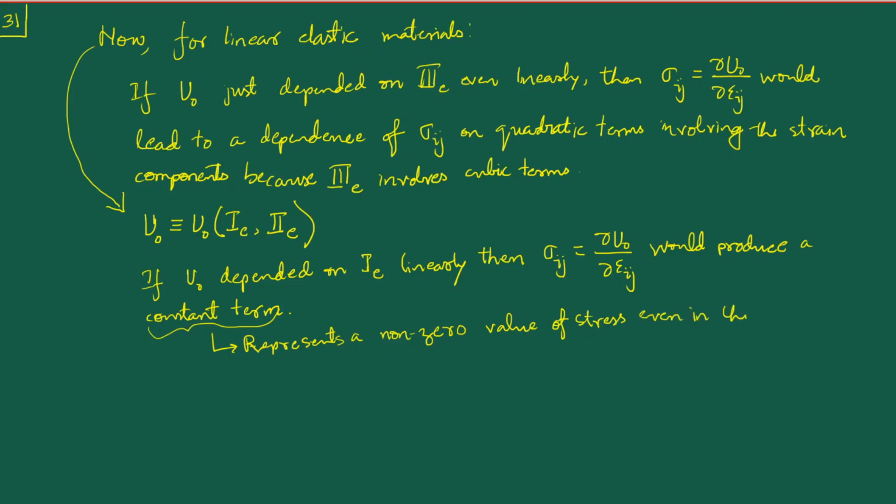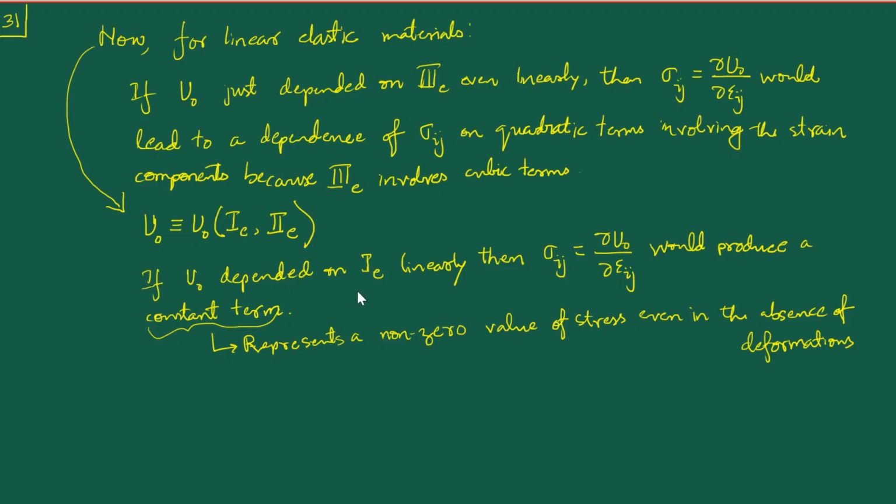You think about it, even in the absence of deformations. So suppose you have sigma ij is equal to 10 megapascals or something like that. If you get such an answer, what it means is that even if your epsilon ij is not there, sigma ij is still equal to 10. Maybe you have something like sigma ij is equal to 10 megapascal plus some dependencies on epsilon ij in the other terms,